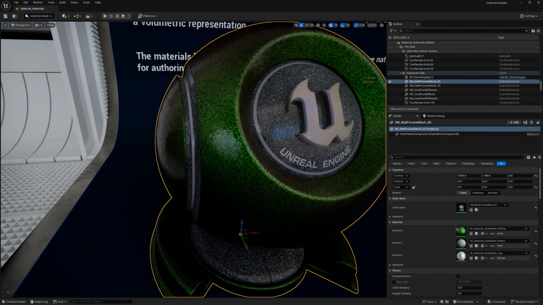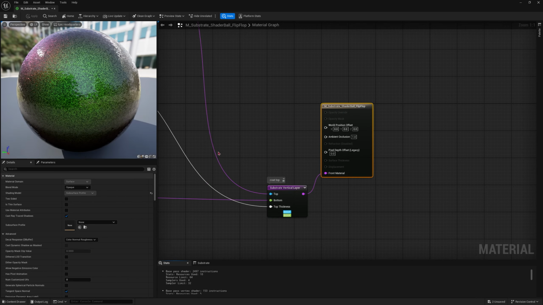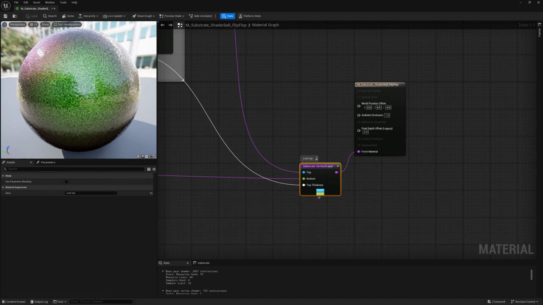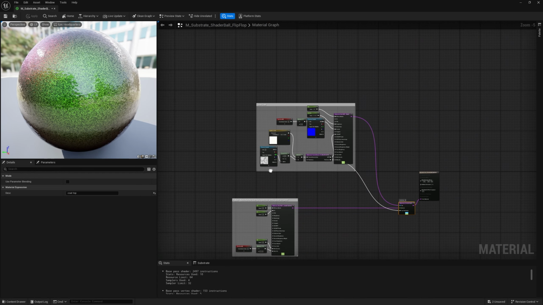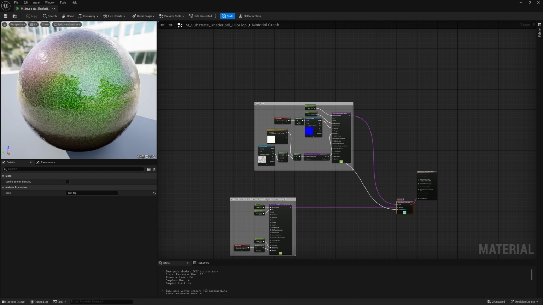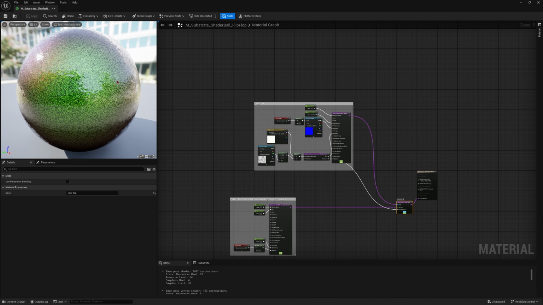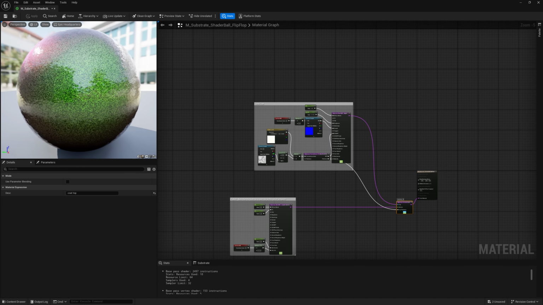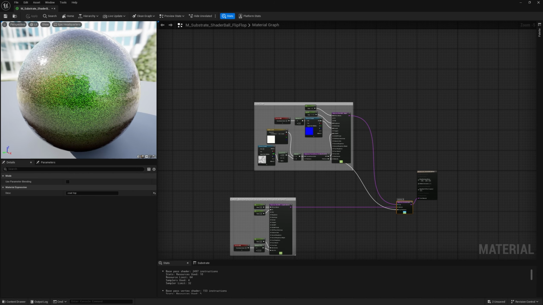So we'll click on this. Here we have the material. And you will find they are using this substrate vertical layer. So what this does, it takes input as the top layer, bottom layer, and the top thickness. So the top layer is somewhat like this. If you look closely over here, you can find the depth between the top layer and the bottom layer. So the top layer is some reflective kind of material, and the bottom layer is this